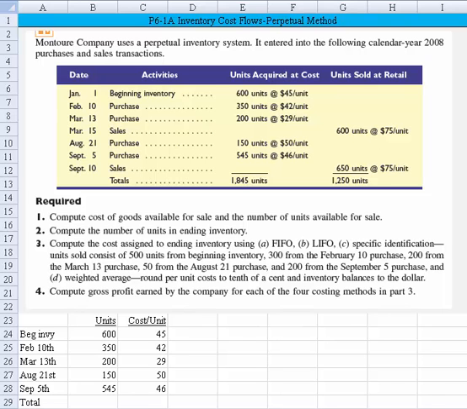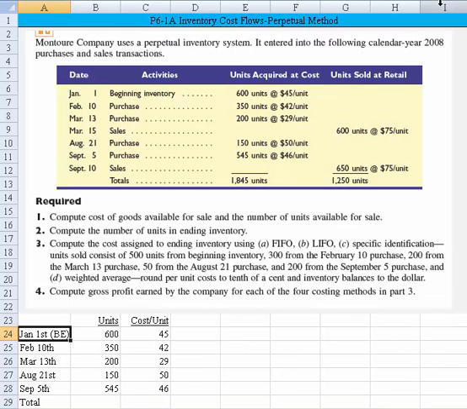units available for sale. Okay, we have the information in front of us, and I've gone ahead down here on the bottom of your screen and typed the information in so we can take advantage of Excel's math capabilities. I've listed all the purchases we've incurred by date. So we had a beginning inventory from January 1st, then we had purchases on February 10th through September 10th. In fact, why don't we relabel this one January 1st, and I'll put it BE to stand for beginning inventory. We'll expand this a little bit, maybe shrink this one a little bit so that it still appears pretty